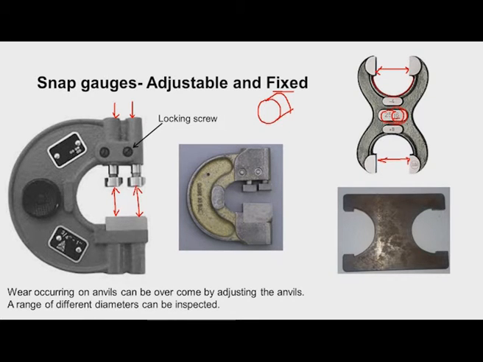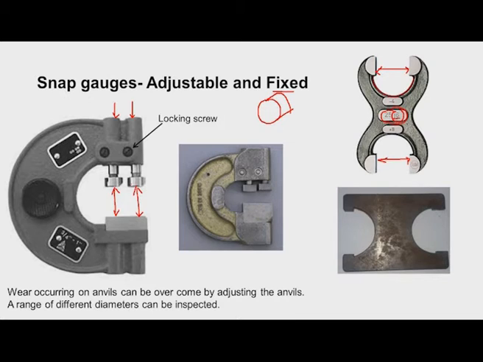After fixing the sizes using slip gauges we have to lock these two anvils by locking these screws, and then all these screws are waxed, so that unauthorized adjustments are not done. Somebody may take these gauges and unscrew these screws and adjust it.